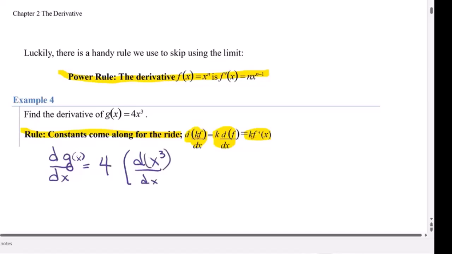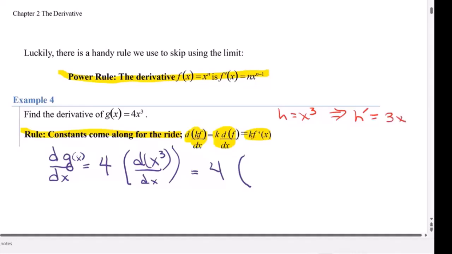That's all I'm really doing, is taking the derivative of that. Well, that's the power rule. So we can say this is 4. Let's say h is equal to x to the third. So I'm taking my 4 out, and then I want to take the derivative of h as a function, which equals